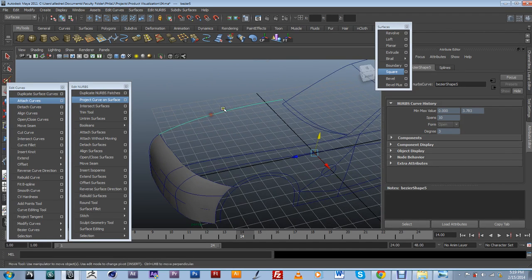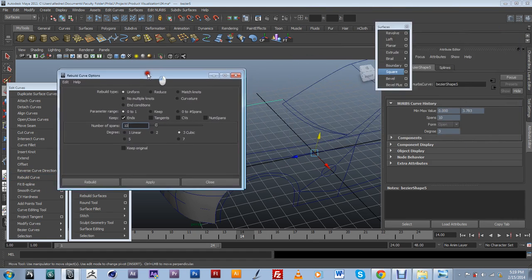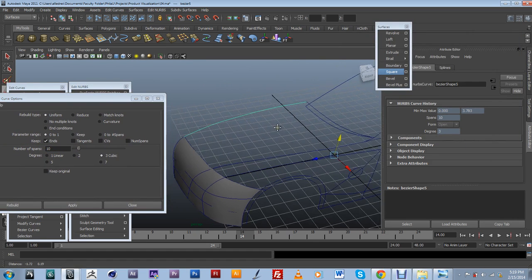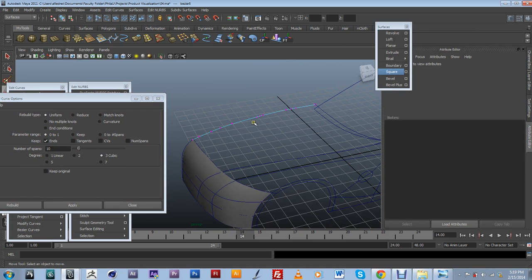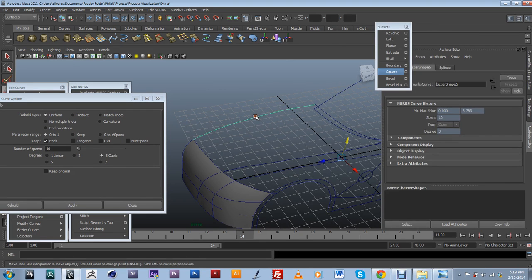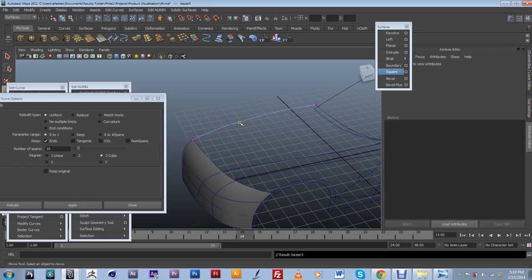And I could probably still rebuild this and make sure that they are uniform, so my topology is a little better laid out. So I could definitely, let's see, go to edit curves, go to rebuild those curves. Alright, and again I want these to have 10, and this is what it looks like right now. I can just go ahead, select that again, rebuild it, and it's definitely better laid out than what it was